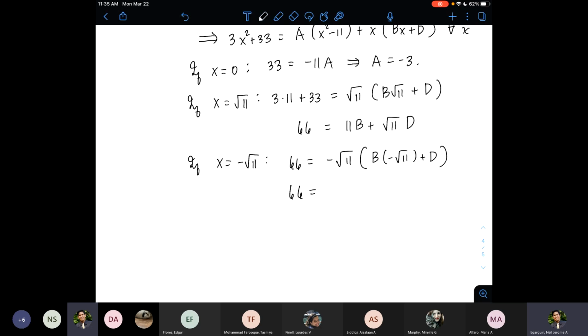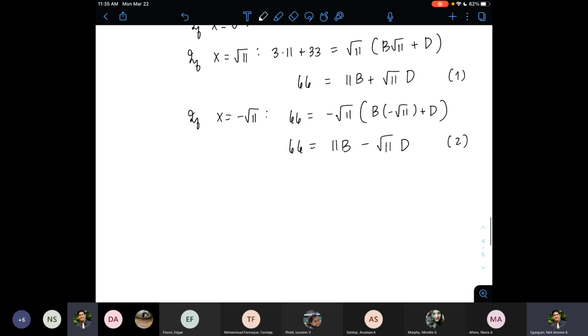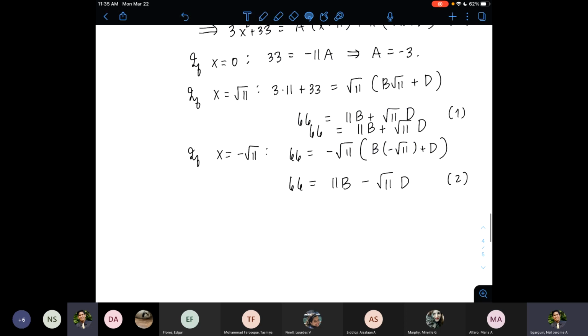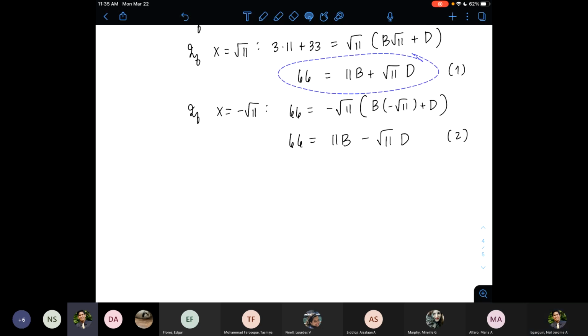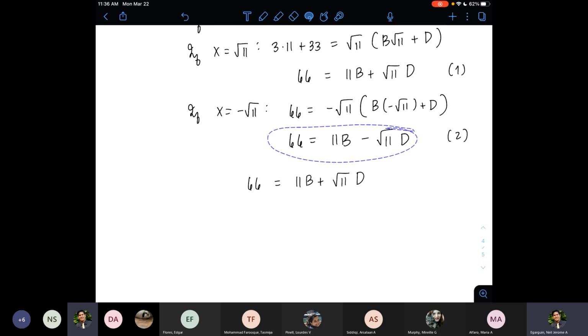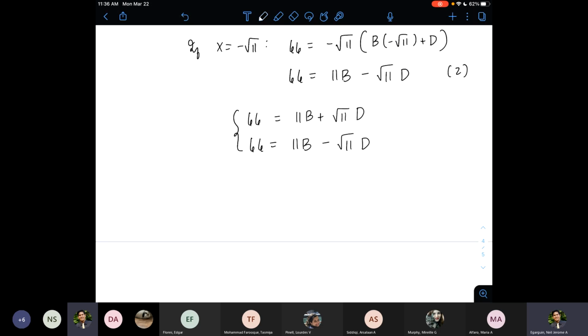I simplify my right side now, it's going to be 11b minus root 11 times d. Let's call this equation 1, and this equation 2. Let's put them side by side. So we now have a system of two equations